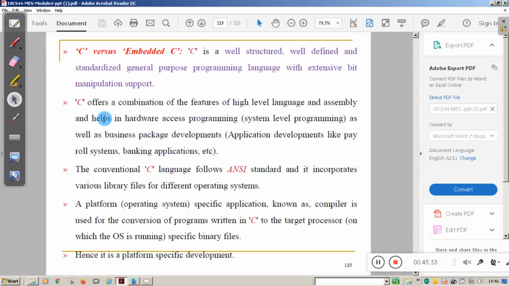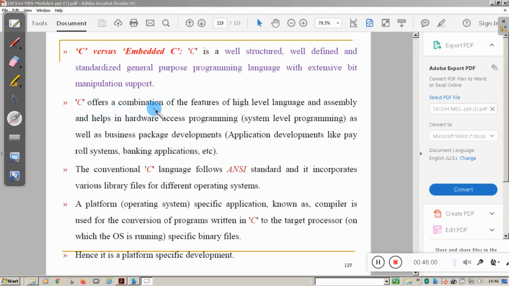Now we see the difference between C language versus embedded C. Here, C is a well-structured, well-defined, standardized general purpose programming language with extensive bit manipulation support. It is a sequential, procedure-oriented language.